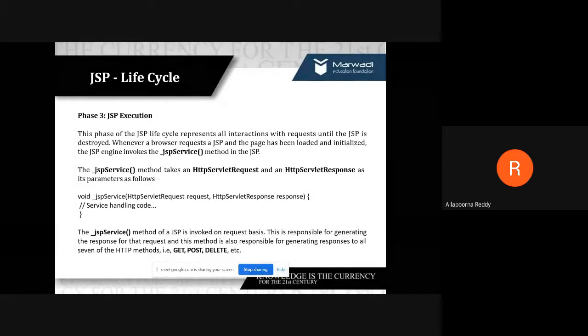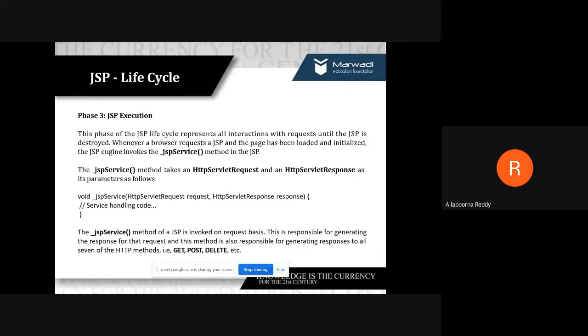It generates a response for every request, using different types of methods like get, post, delete. Almost all of this is common to my servlet, but there is some difference. I will explain the difference when we go through the example programs. When we start, we can find that this may be the difference: if I use a servlet, these things need to be added, and if I use JSP, these are the add-ons. But as of now, please get back to the things.